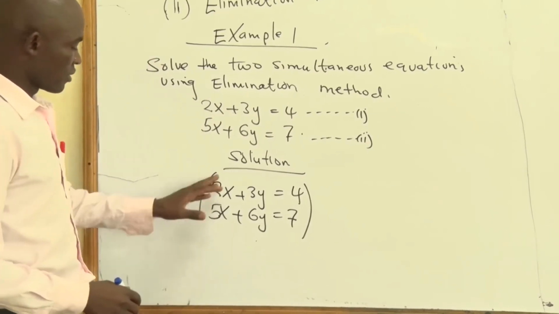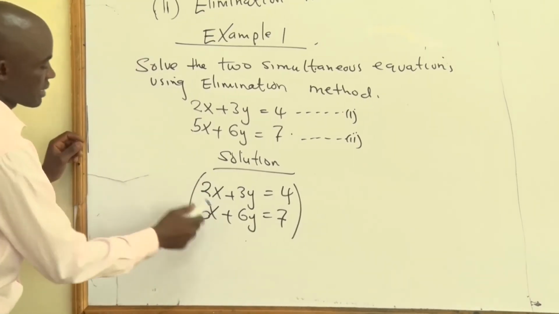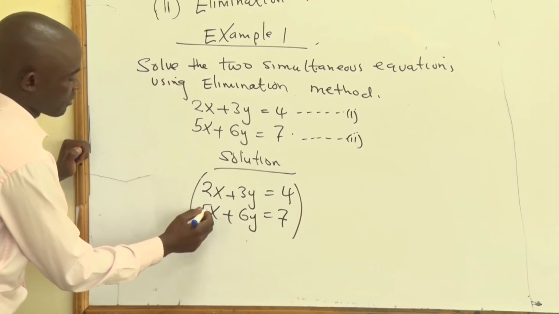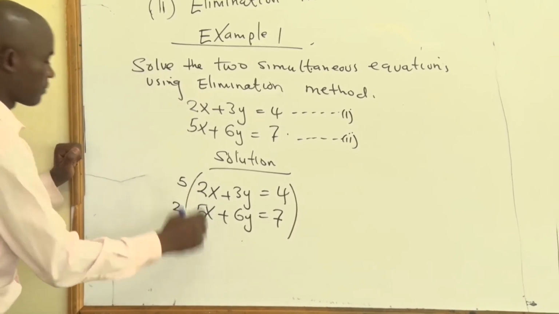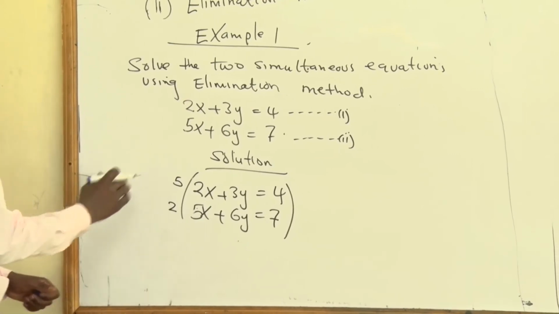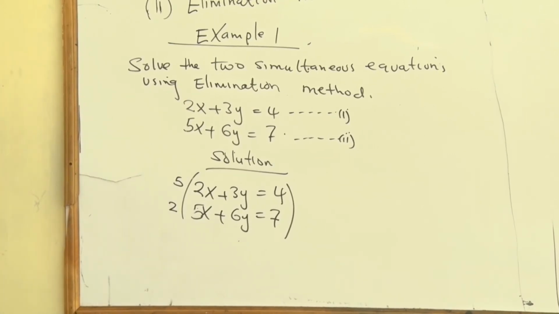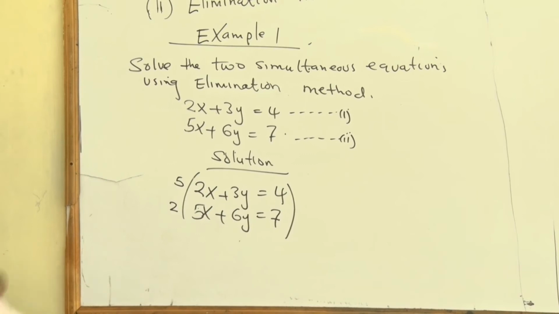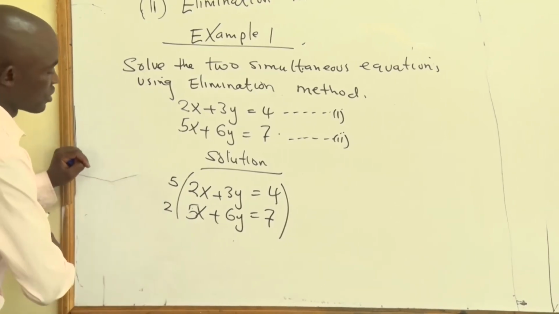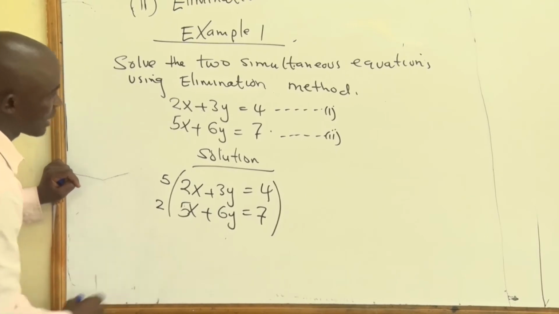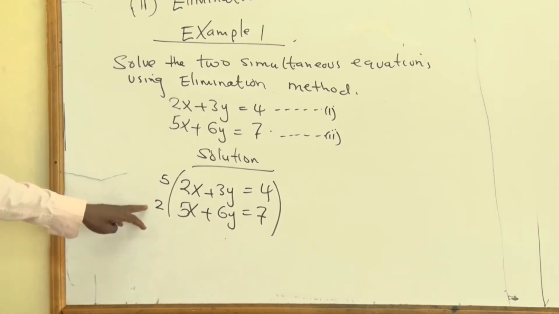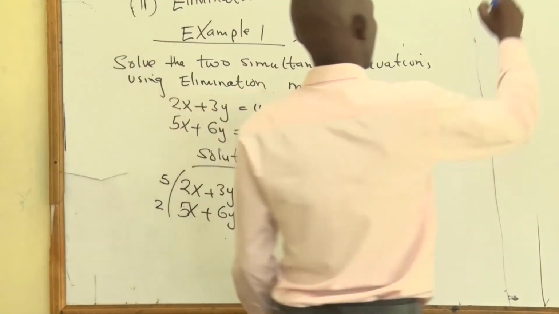So we will have to eliminate x. If I want to eliminate x, remember I will interchange the coefficients. This 5 comes up, this 2 goes down. I've interchanged the coefficients. That is the first step. The second step will be, I will now be able to multiply across board. If you multiply these two equations, you will get